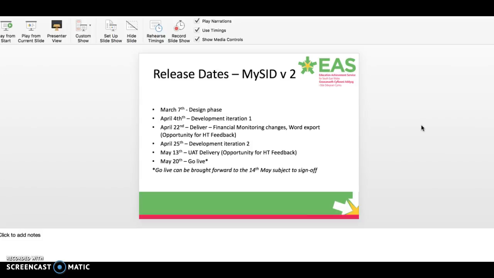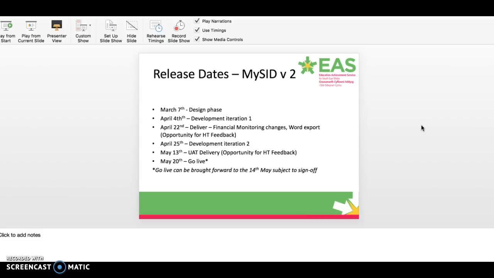After the 22nd of April, you're going to have the opportunity to provide some feedback on the enhancements that have been added to this point. The point being then that we've got a couple of days to incorporate some feedback on those and tweak any changes that have been made. There's then going to be a subsequent development window that starts on the 25th of April, which we've called here Development Iteration 2, which will do a second series of changes, which again I'll take you through shortly in one of the future slides. And then finally on the 13th of May we'll take delivery of the final version of the